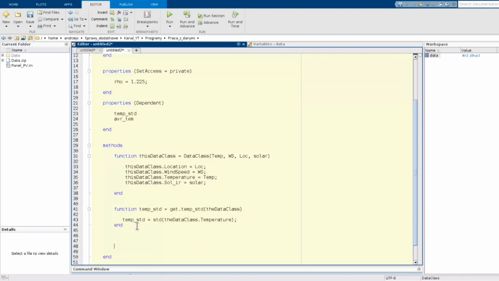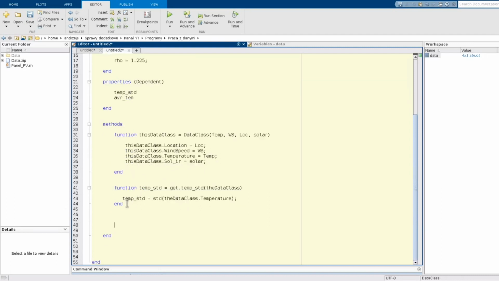We also need another very similar getter function, so I just copy and paste it, and then I need to change this. Notice that MATLAB tells me the syntax is improper because I need to change also here. Then the syntax is okay.